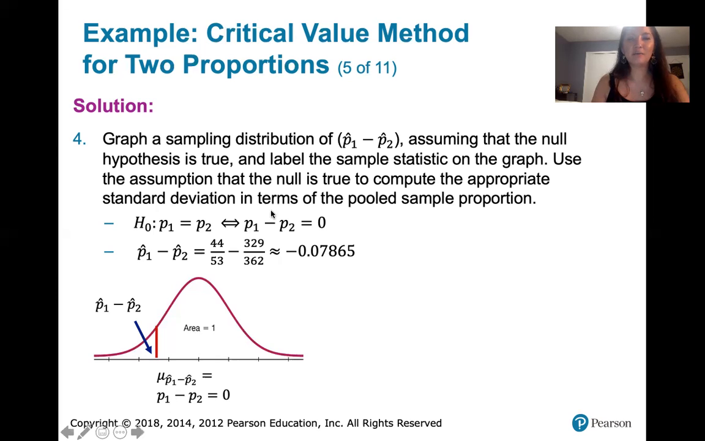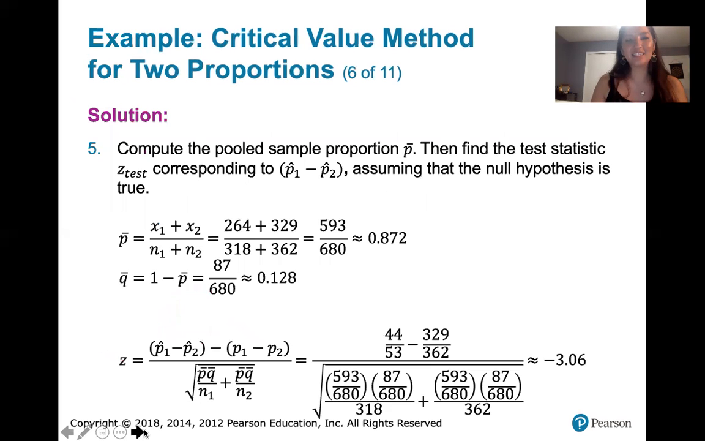Okay, in order to determine whether that P1 hat minus P2 hat is significantly low in this case, we need to compute the corresponding test statistic. That requires finding the pooled sample proportion P bar, because when we're assuming that P1 and P2 are equal to each other, we're assuming that they have a common value. Now, we have an estimate for P1, that's P1 hat, and we have an estimate for P2, that's P2 hat, but those are not equal to each other. The best estimate that we would have for a common value of P1 and P2 is what's called the pooled